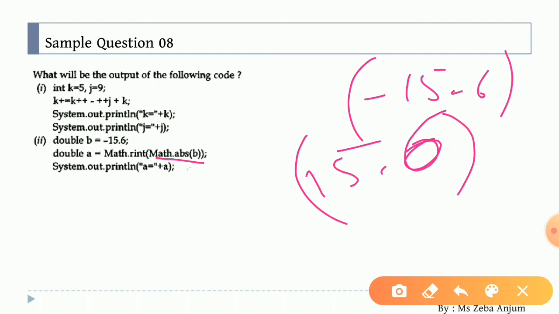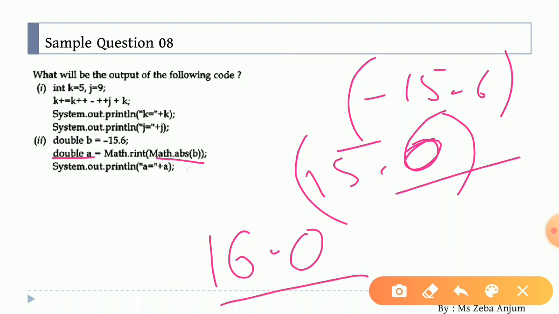Now math.rint is going to give you the value that is 16.0. Remember what math.rint was doing, it is basically truncating your portion, and yes, we are having 0.6 now, so that is why it is increasing the value by 1. Yes, so we are having a double value a, that is 16.0. So as an output you are getting a equals to, that is a constant portion, and a, the value of a was 16.0, so as it is you are going to get it on the screen.